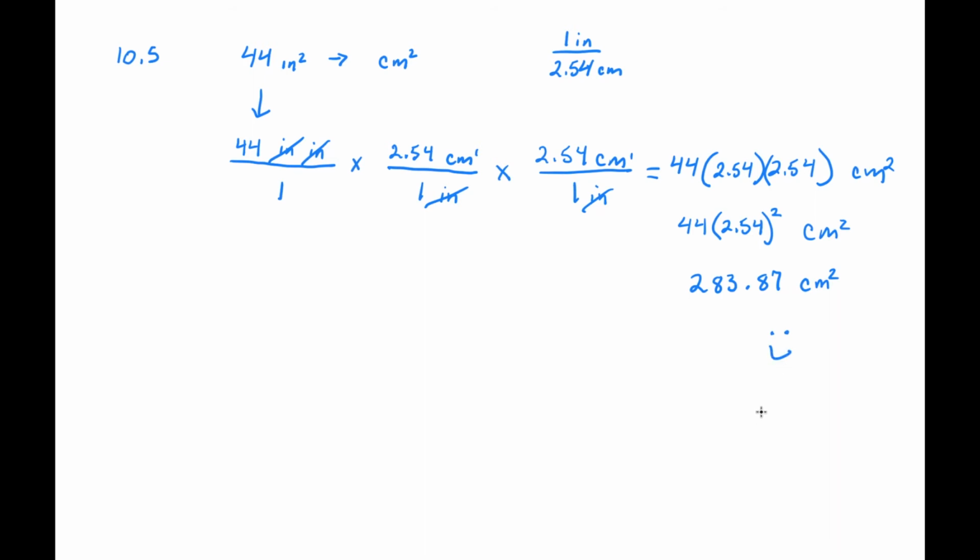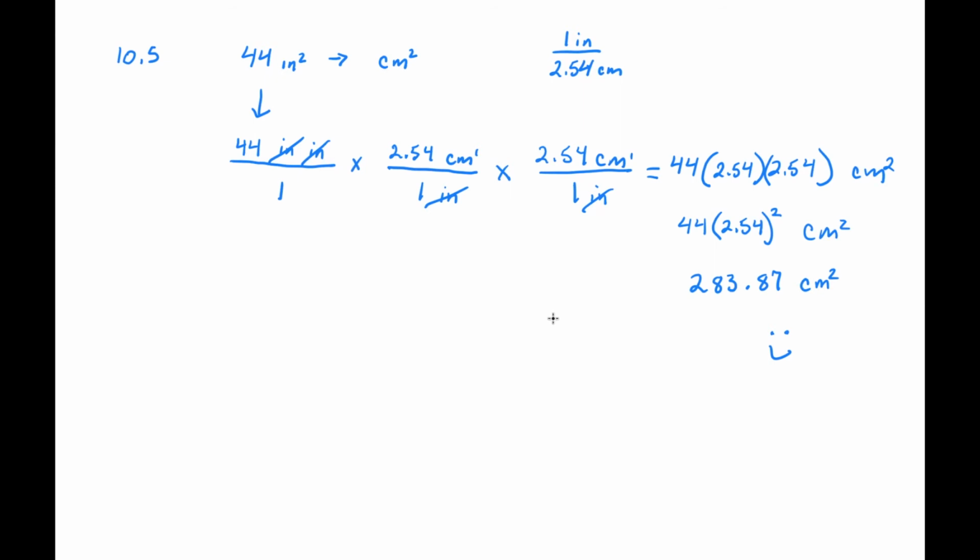Okay? But you see how we did that. The main thing is to see the exponent here is 2 over your inches. So you can write inches twice. And that's going to be your signifier. That's going to be what tells you how many times you need to write this fraction for your ratio so you can convert it. So you have an inch here and you can cancel it out. You need another inch to cancel that out. So now you have a square area. Okay? All right. So let's do